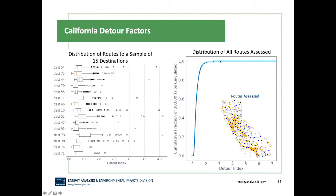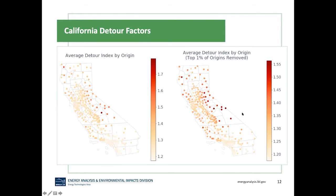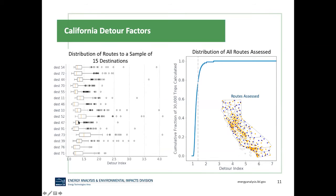Some detour indices getting up to 3 or 4 and so on. But then variation in the averages as well. So, you know, more mountain or more remote locations might have an across the board higher range than others. And so just another similar view is looking at, this is just representing, so these yellow bars being the averages